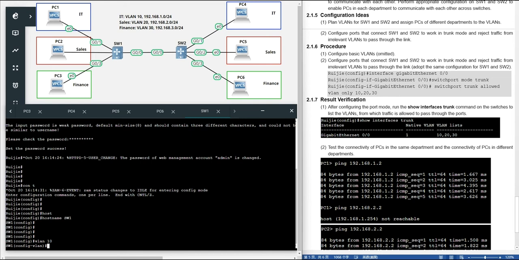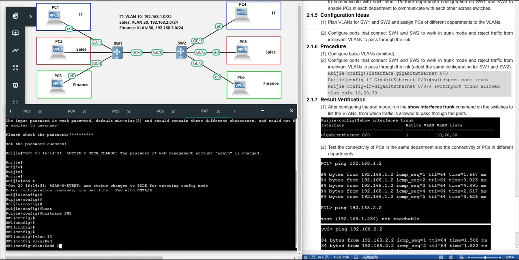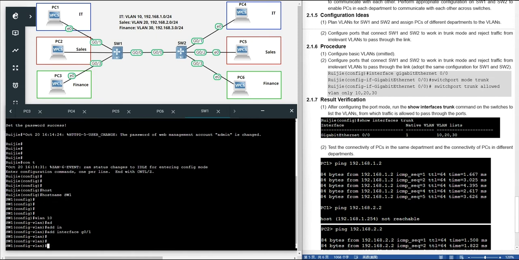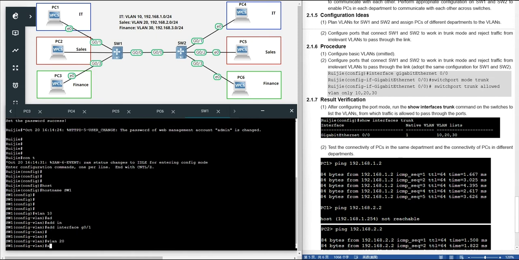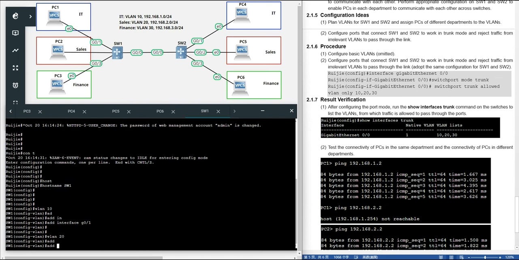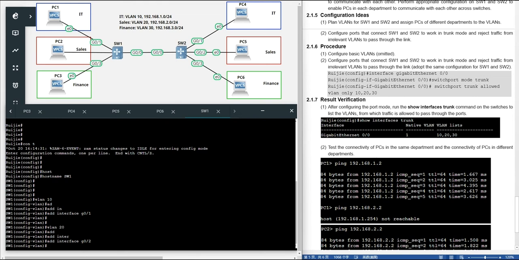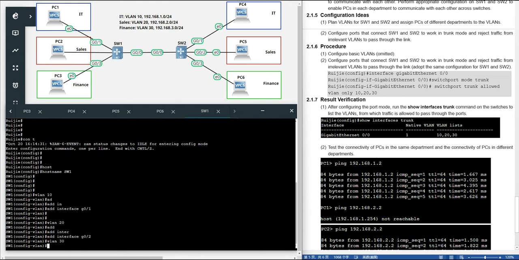Another way is, when you create VLAN 10, you can directly add interface Gigabit 0/1. Okay. Then you can create VLAN 20 and also add interface Gigabit 0/2. The same, create VLAN 30 and add interface Gigabit 0/3.